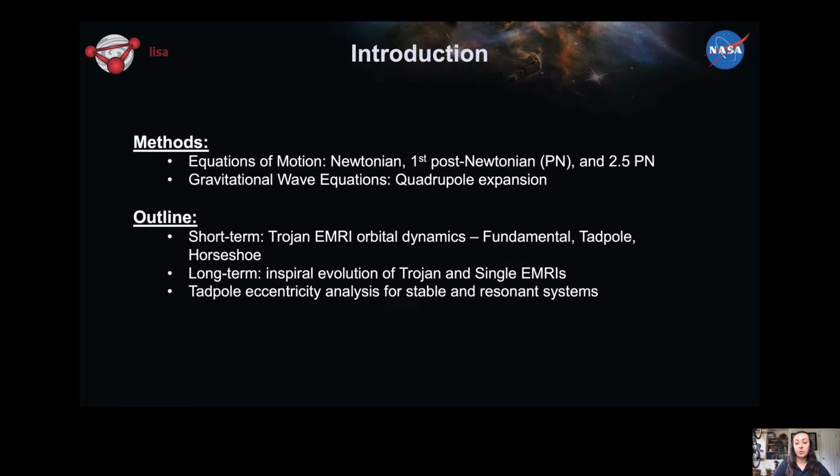There are three types of orbital dynamic families known as the fundamental, tadpole, and horseshoe families. We'll then go into the long-term dynamics, looking at the inspiral evolution of the fundamental Trojan and single EMRI systems. And then lastly, we'll look further into the tadpole dynamic family through an eccentricity analysis for the stable and resonant